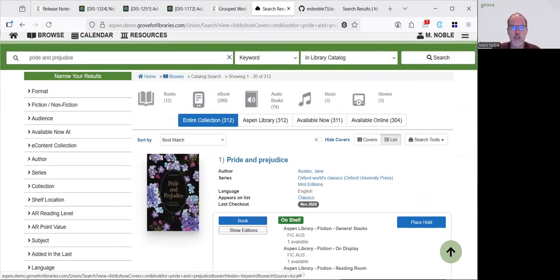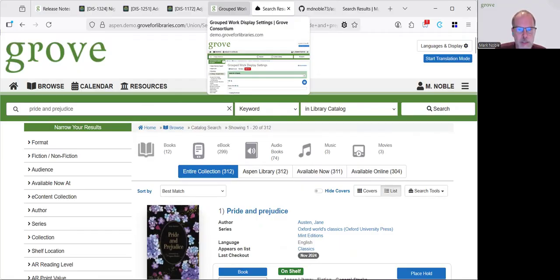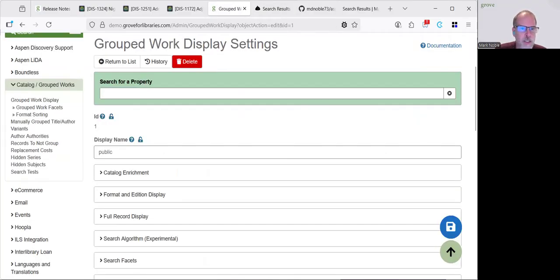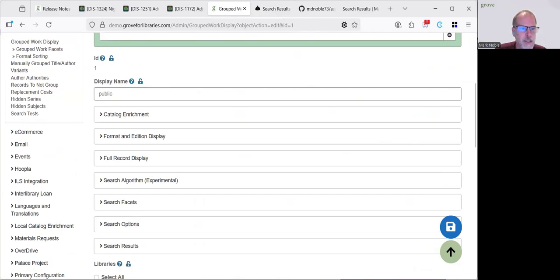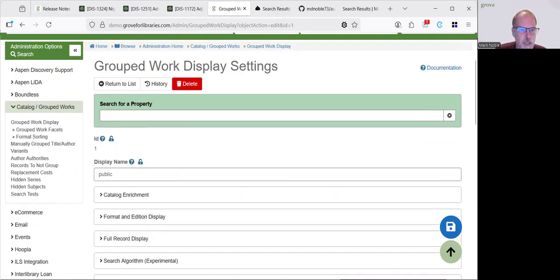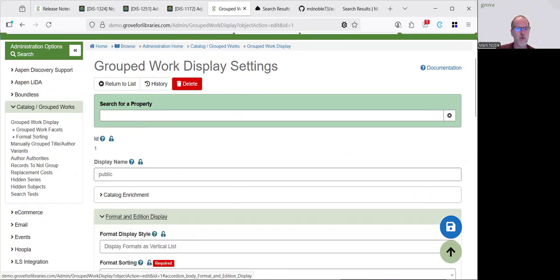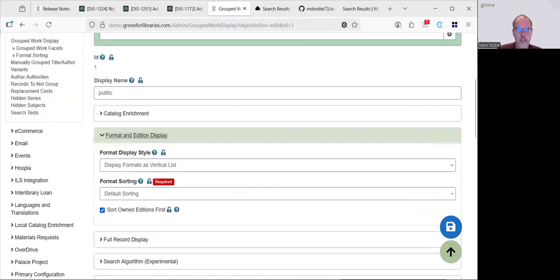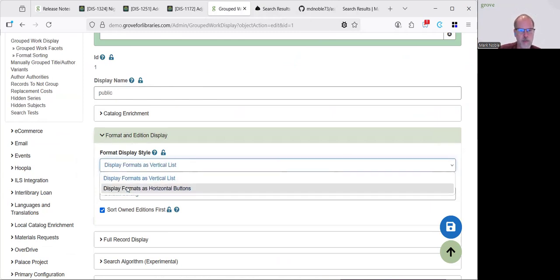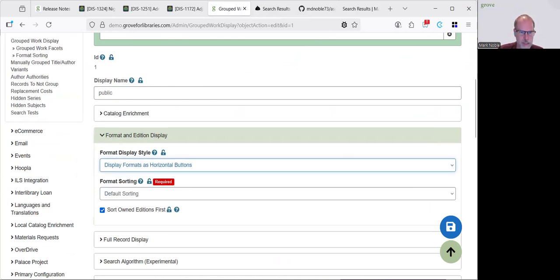With the new option, it is enabled in the grouped work display settings. So you're going to come to your grouped work display settings under catalog and grouped work, and then you're going to open the format and edition display. The format display style. So the traditional one is display formats as vertical list. If you switch that to display formats as horizontal buttons and save,